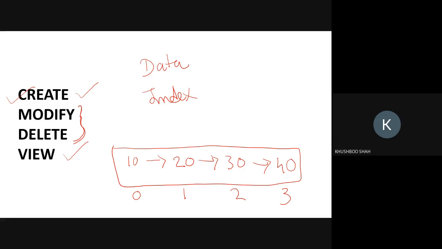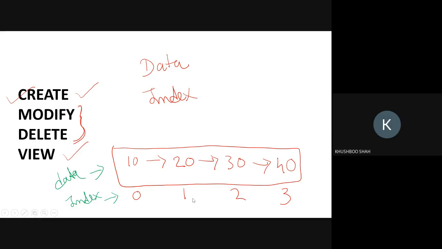So can I say that this is data and this is index, guys, right? Yes. So now we have two operations, modify and delete.